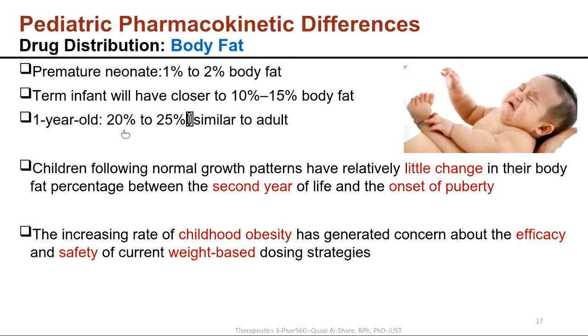If you see this picture, this baby already has obesity, which is abnormal. That's called childhood obesity. It raised general concern about the efficacy and safety of current weight-based dosing strategies, which means